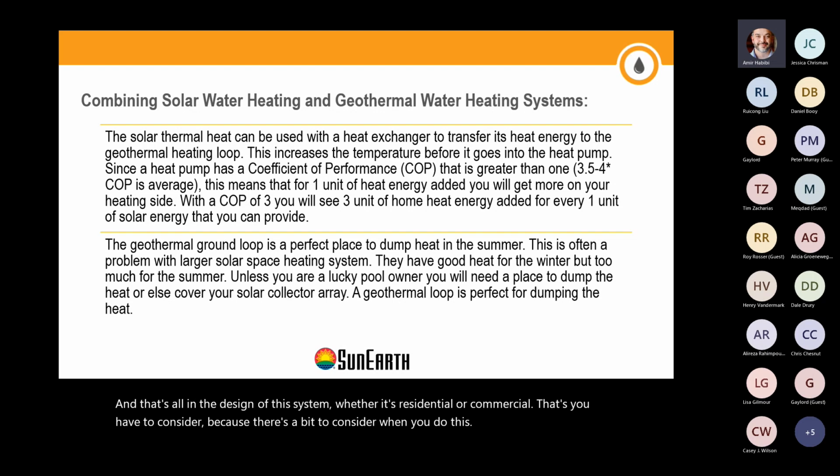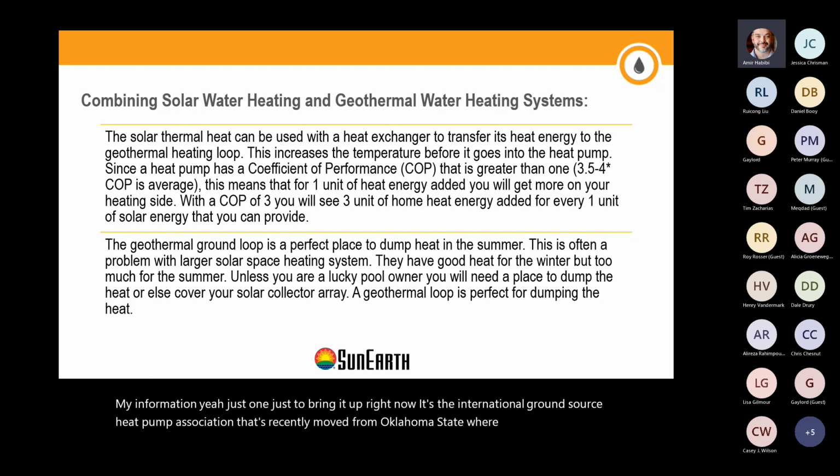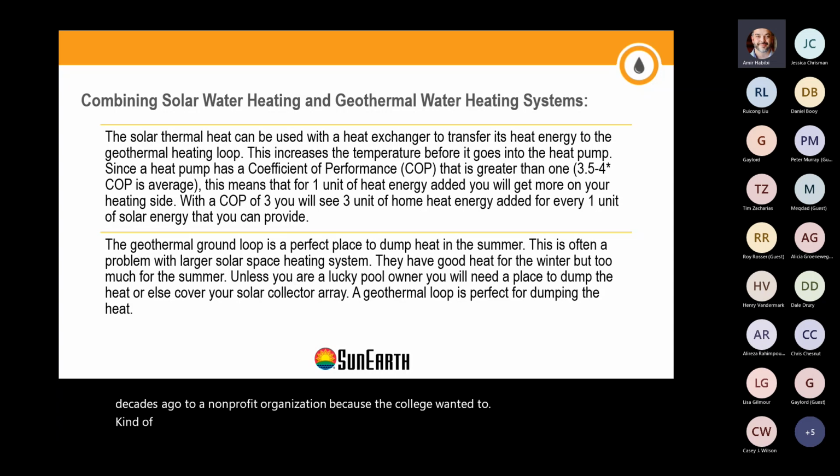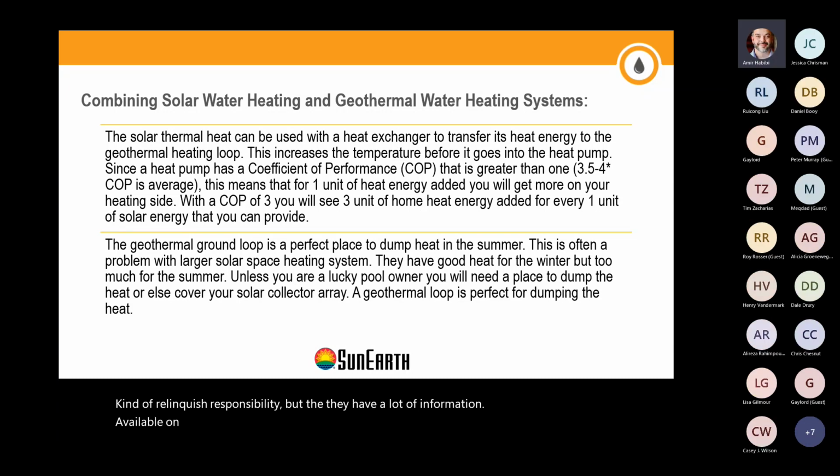There's a lot of manuals and books on this, and a lot of information. Just to bring it up right now, it's the International Ground Source Heat Pump Association that's recently moved from Oklahoma State, where it started about 3 decades ago, to a nonprofit organization because the college wanted to kind of relinquish responsibility. But they have a lot of information available on all aspects of ground source heat pump